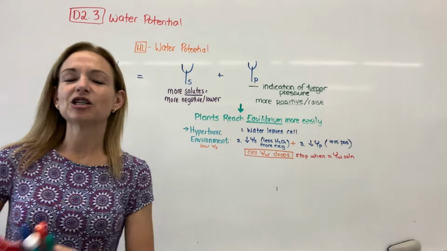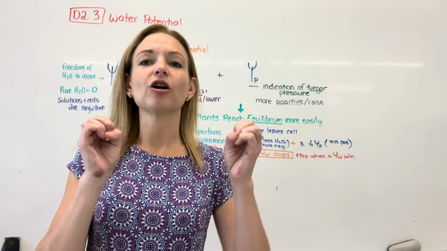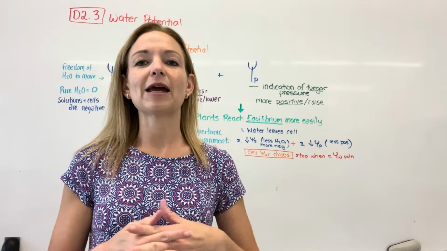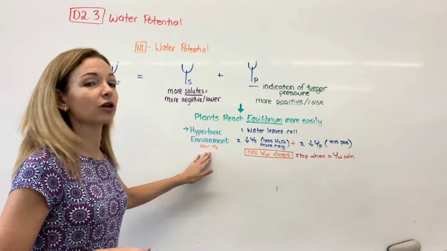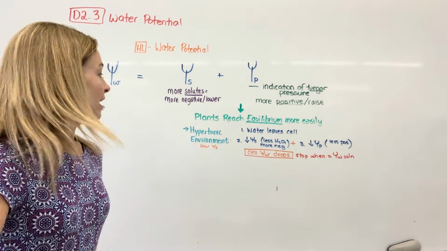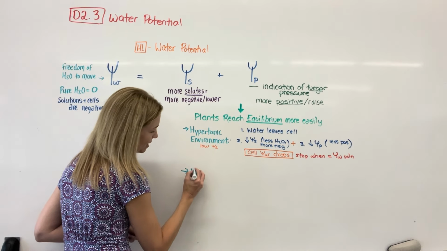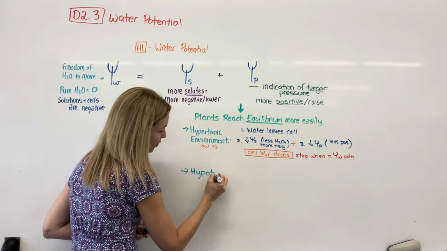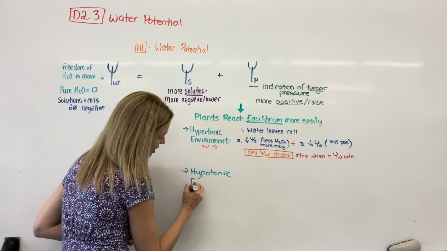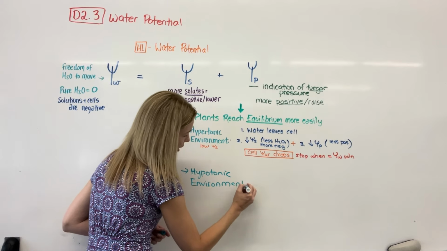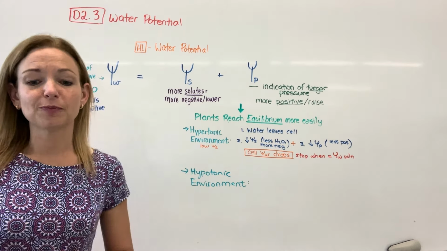So essentially, water is going to leave the cell. It's going to cause a drop in water potential for two reasons. And so it's going to more quickly stabilize with the water potential of the environment. Even more impressive is the fact that plants can stay bathed, in theory, in a hypotonic environment and reach equilibrium, which animal cells could never do if it was pure water. But plants could do that even if it was pure water.